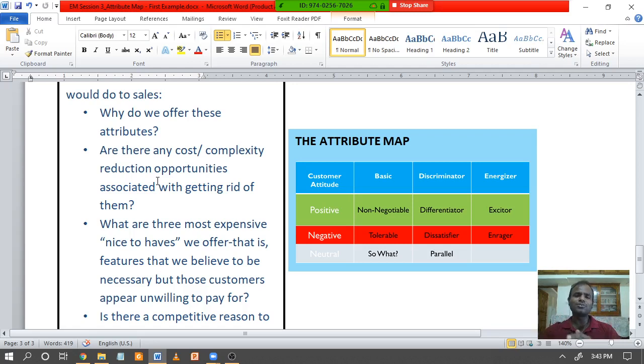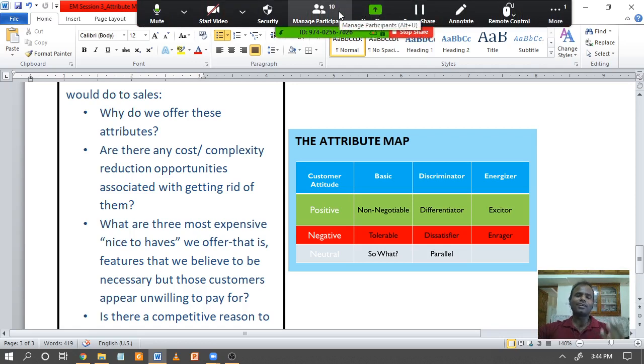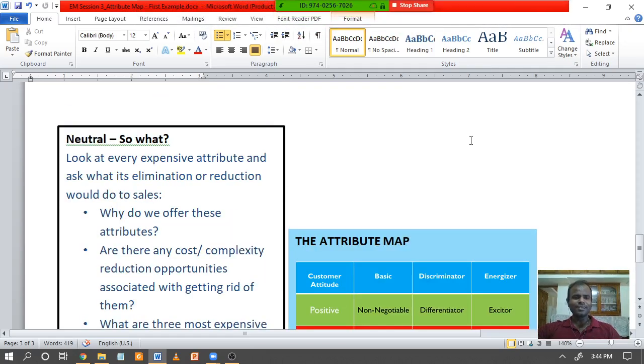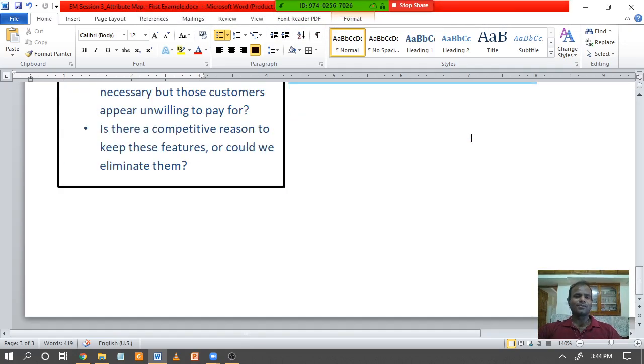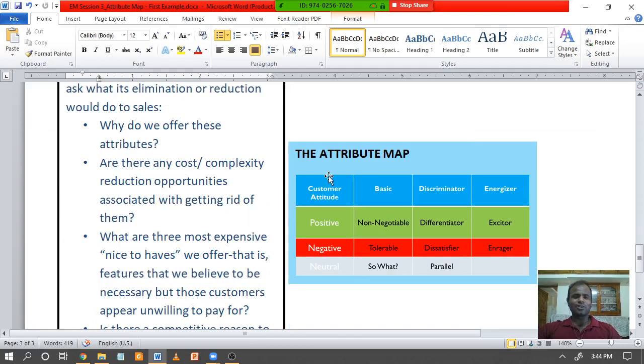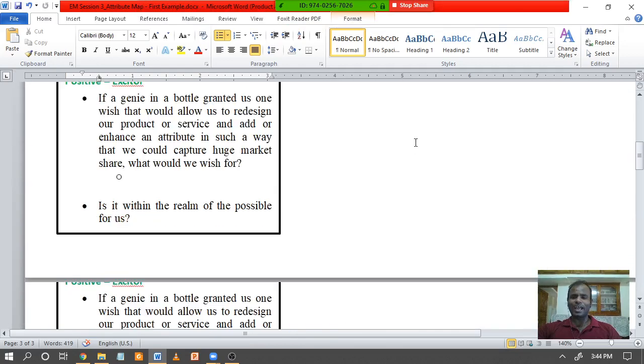Why shouldn't it be a choice for me to take part in placement activity or in extracurricular activities for which extra fees are taken? Why shouldn't it be left to me? So are there attributes which can be put up as a choice so that money can be deducted from a product? Look at it, because that can also attract a bunch of customers. So that is what the neutral attitude is. There are a few more things we can talk about on neutral attitude, but I'll close for want of time.